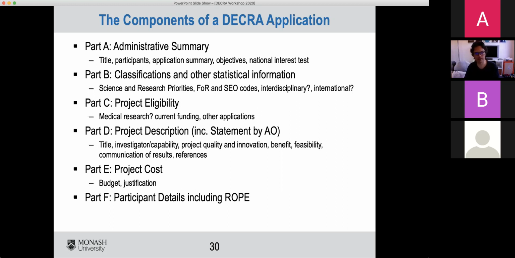In project quality and innovation, how much of preliminary results can we show? There's no requirement for preliminary results. There's no limit on how much you can show. So kind of whatever you need to get the story done. Preliminary information is going to speak to feasibility, but it's not like what you might have heard about for something like an NSF grant in the US, where you pretty much have to have done the research in order to get the funding to do it. There is no requirement for preliminary data. There's no real or implied requirement for preliminary data in an ARC application.